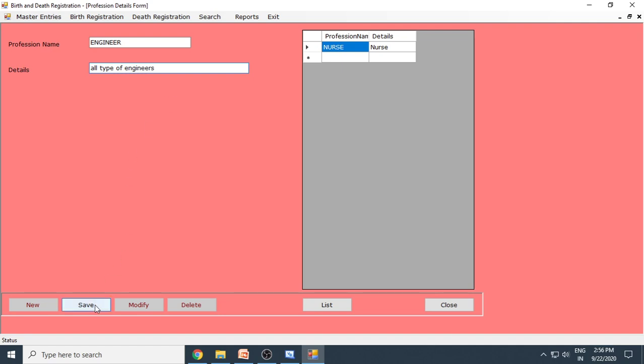Right. So engineer is one more profession. Then you can say software engineer. Right, so only software. So this is software. So what is our software? Nothing. So therefore I'll put a different profession now. So it's agriculture.